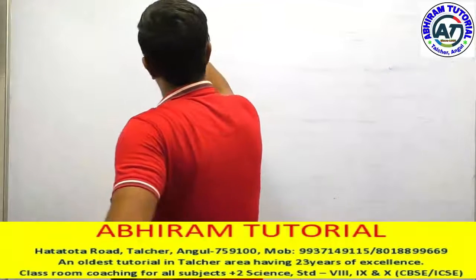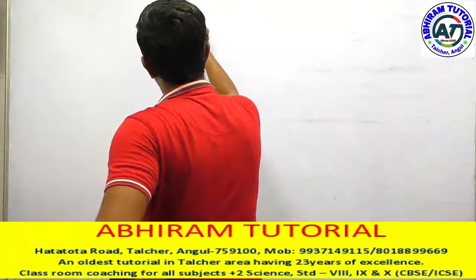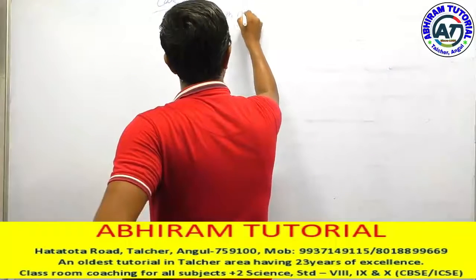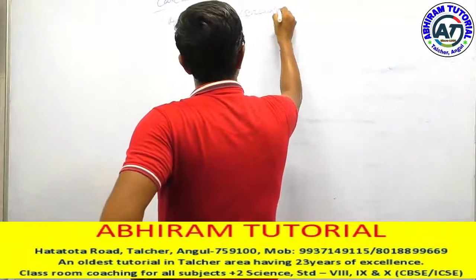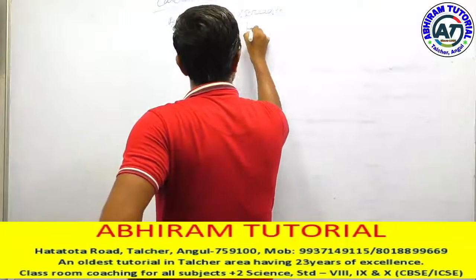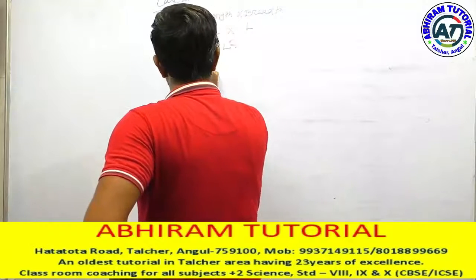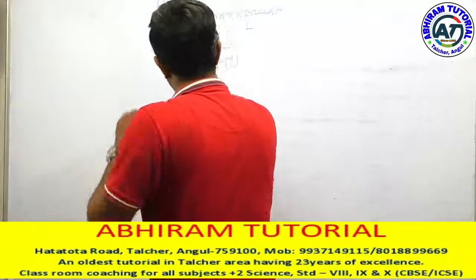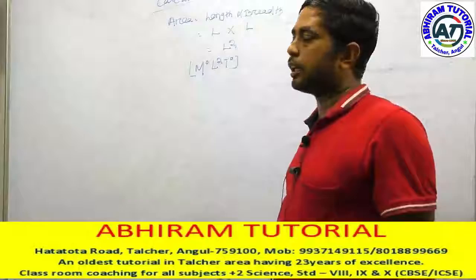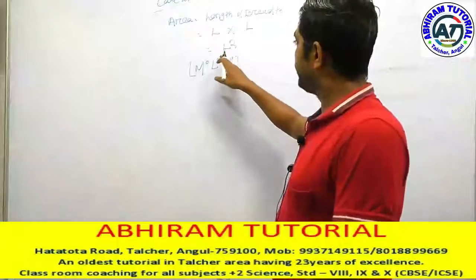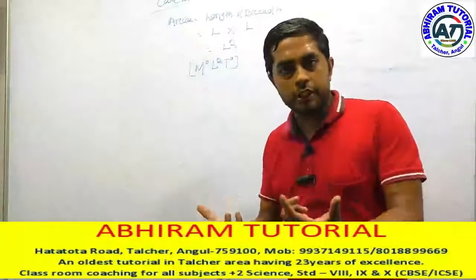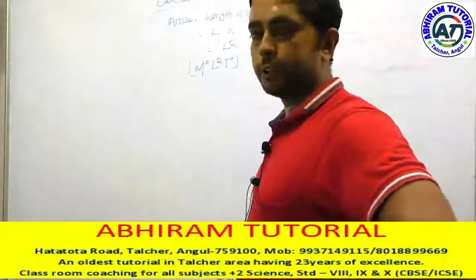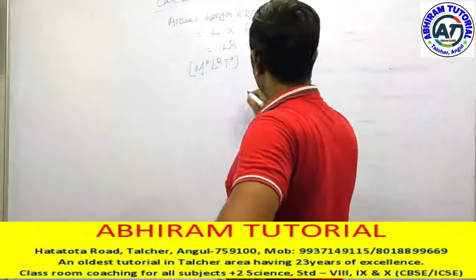So let us imagine I am telling you the same thing, area. How do we calculate the dimension? The formula is length into breadth. Length can be written as L, breadth can be written as L. So the dimension is L square. So you can write the dimension: M is 0, L is 2, T is 0. When we write down the dimension, it will be in the form of MLT. Here L is 2, so we write L2. Nothing else is there, that's why we write L is 2, M 0, T 0. Doubts?